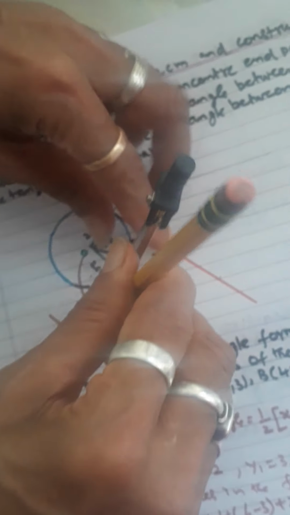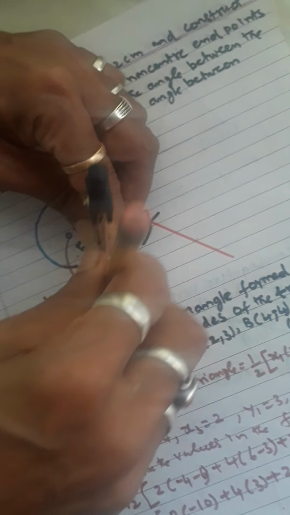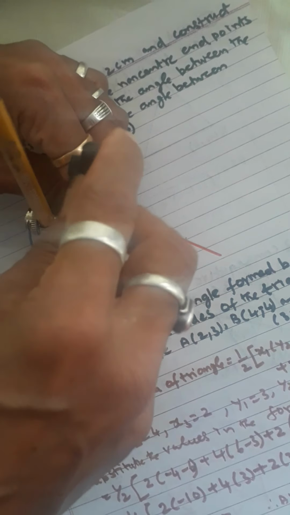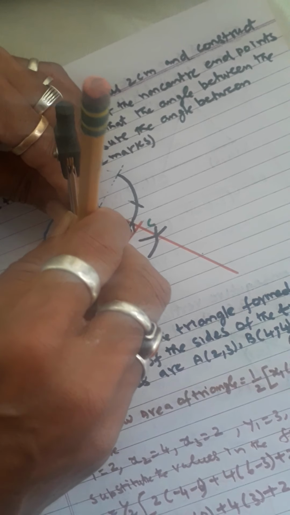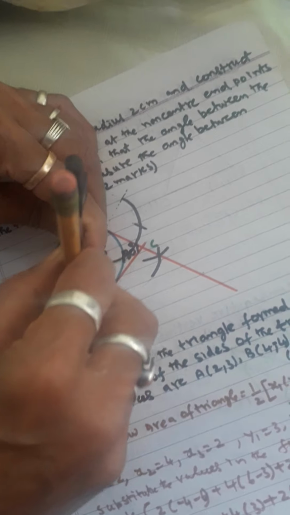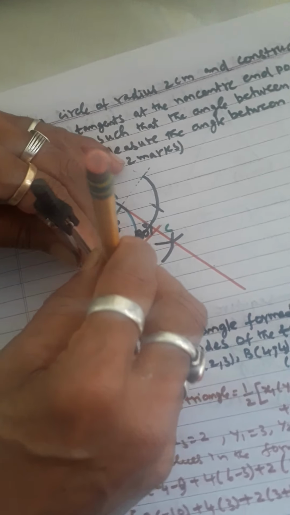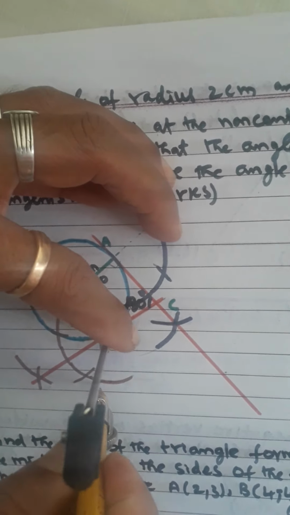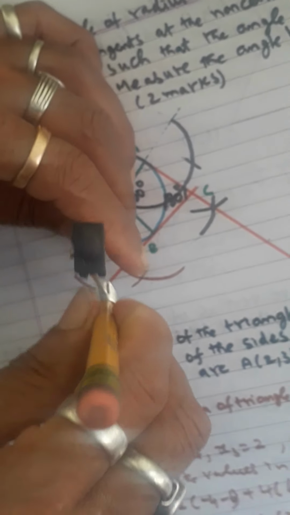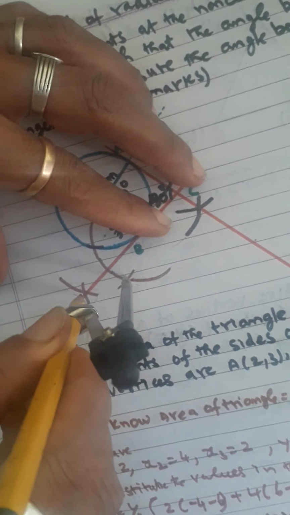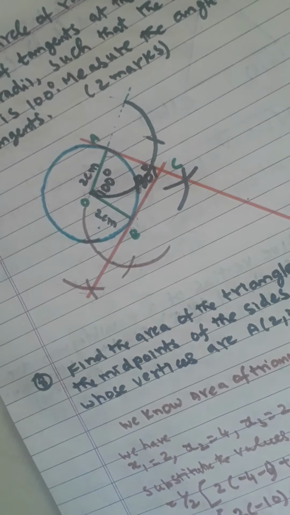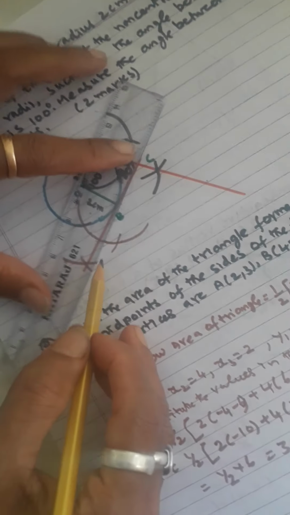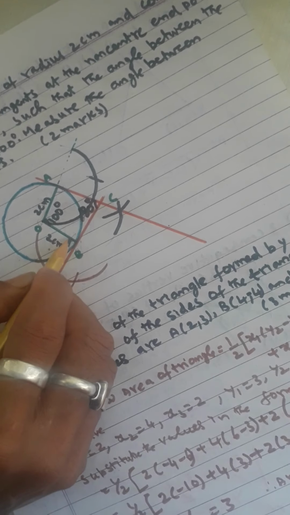Here from B point you have to draw one arc of 2 centimeter. After you have drawn, from O you take. Okay, then you cut it here. Then from here to here, don't change the radius. There also 2 centimeter, this also 2 centimeter, this arc also the same 2 centimeter. Now from here also 2 centimeter only, then here also 2 centimeter, and where it is intersecting, there again you join. So that will give 90 degree also.